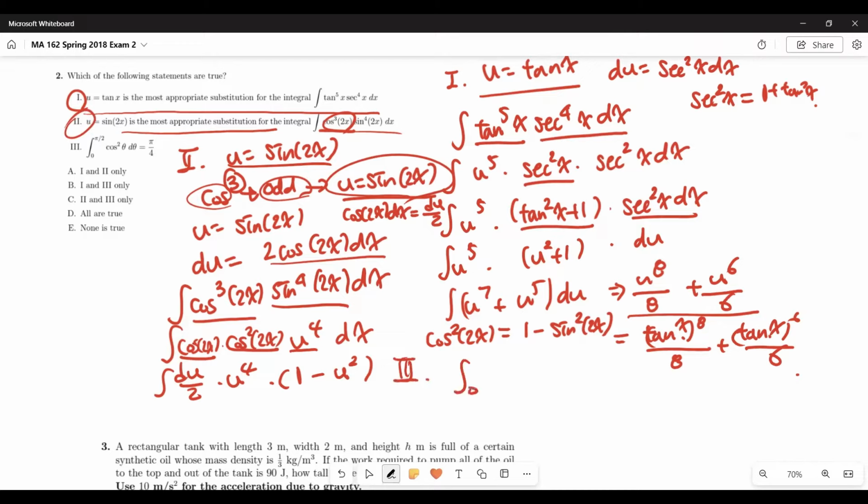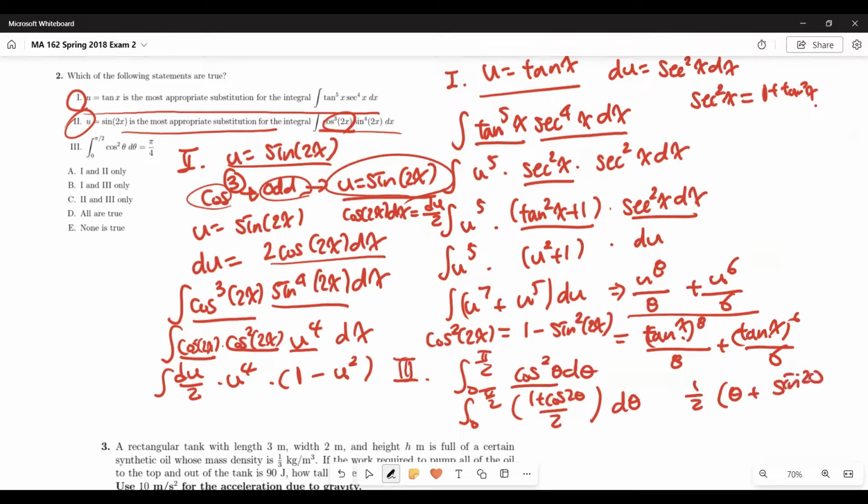3. Integral from 0 to pi over 2 of cosine squared theta d theta. So the cosine squared theta, this is the, what's it called? Half angle theorem, I think. So this is just the same as 1 plus cosine 2 theta, 0 to pi over 2. If you integrate it, 1 over 2 will come out. Wait, you have to actually change it before integrating. Sorry. 0 to pi over 2 and d theta, and then this will be just 1 over 2 theta plus